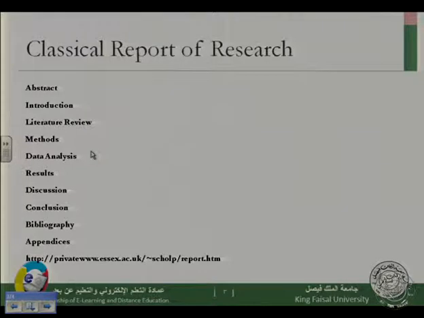Let's say that I want to do research about the effectiveness of using computers to teach English grammar. It's very sure this is not the first time this has been researched. Sure, other researchers, other people, other students have researched the same topic. So I need to reach as many of this research as possible. I need to collect them, read them, and then report them in the literature review in my own way,